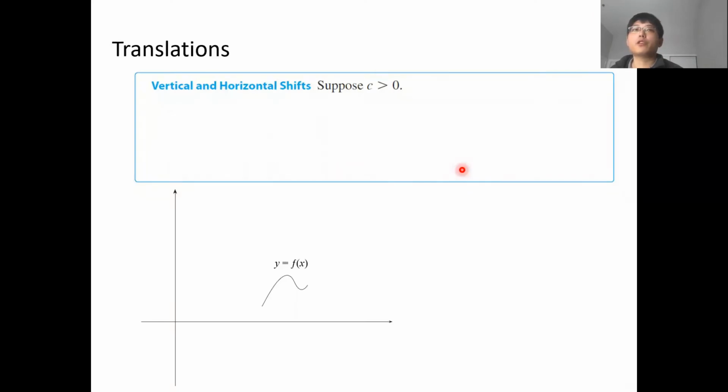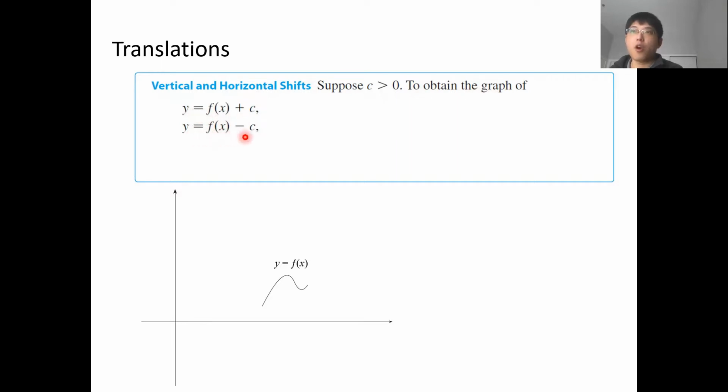In this video, we will discuss various ways of obtaining new functions from old functions. We will start from the operation of translations. So suppose c is a positive number and y equals f of x has got its graph looking like this. Then to obtain the graph of y equals f of x plus c or y equals f